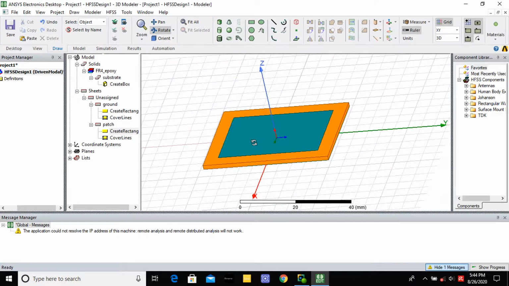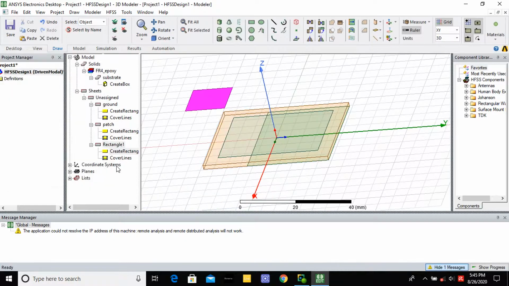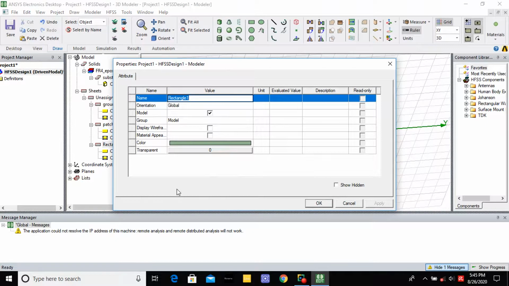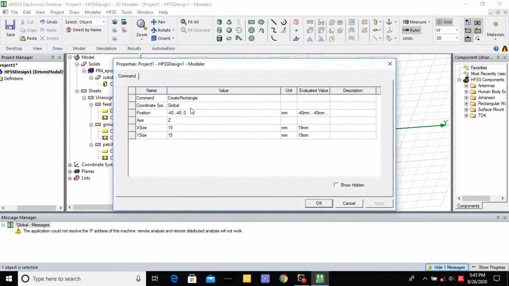Next, I am going to draw the feed position of the patch. Here I am selecting a rectangle. You place the cursor anywhere in the project window. Then you go to rectangle 1 and, instead of rectangle 1, you give feed. In the feed, you give the position.